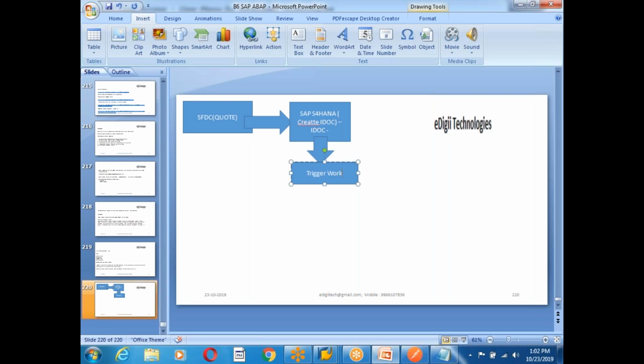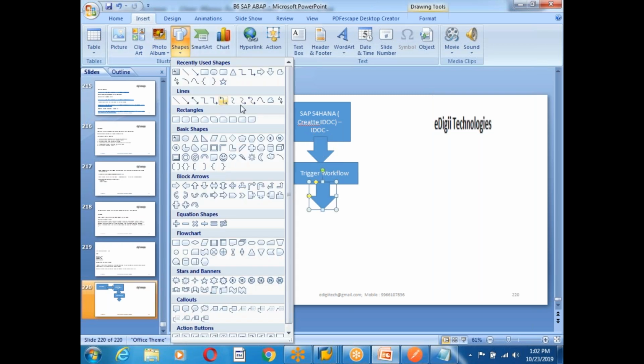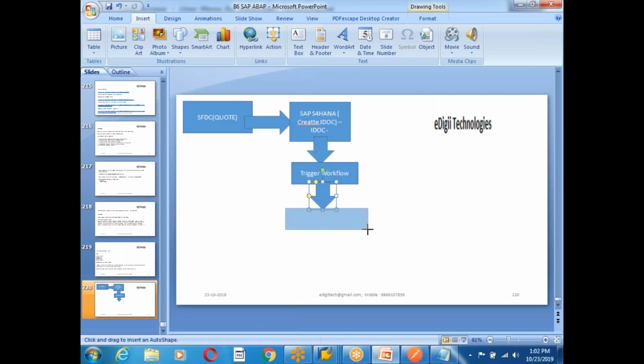Same thing we will do in this trigger workflow. So after triggering the workflow, maybe we'll check customer data, whether it is existing or new. So if it is existing,